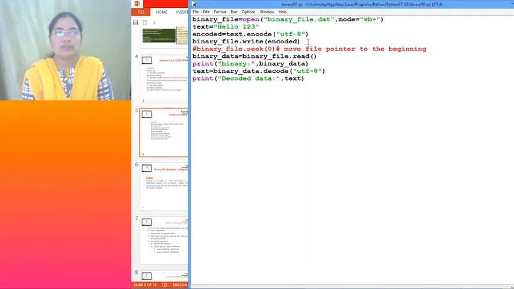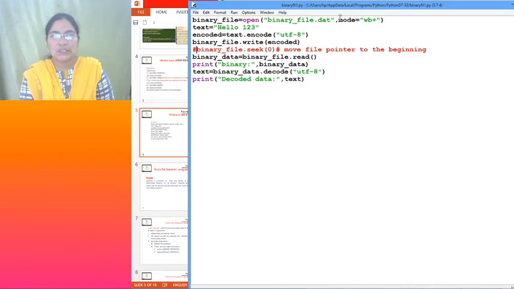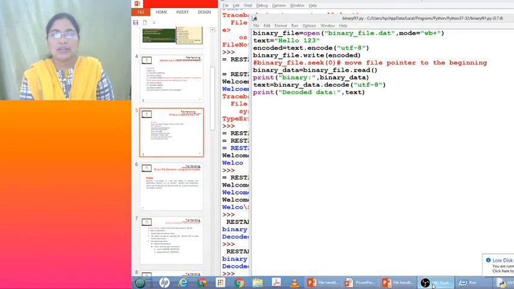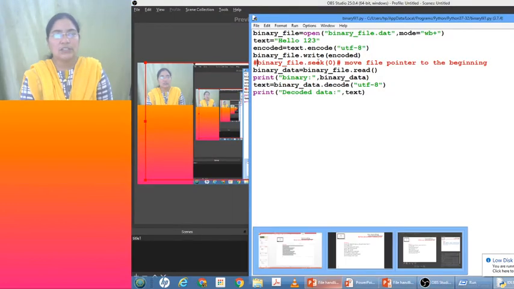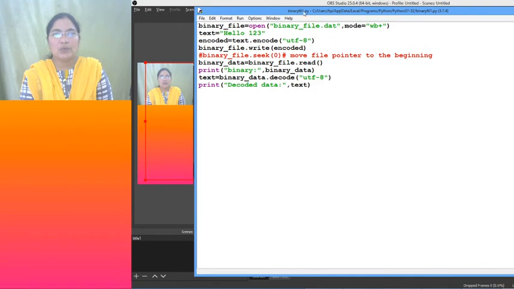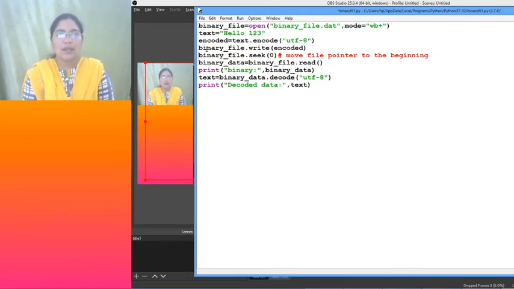That is the reason we should use the seek function. What is the purpose of seek here? Seek will take the file pointer to the beginning of the file. Once the file pointer is moved to the beginning, whatever content is there can be read. That read data we are just displaying.